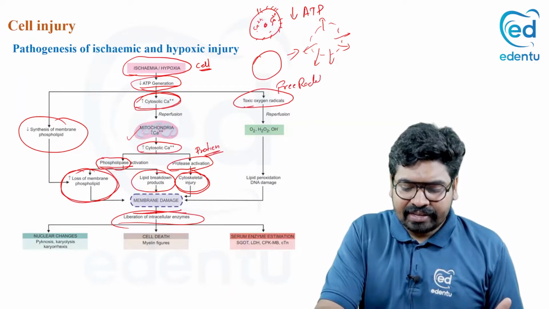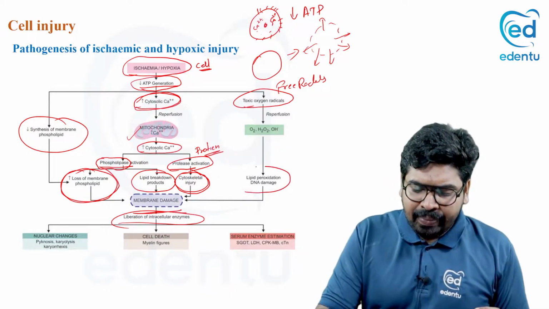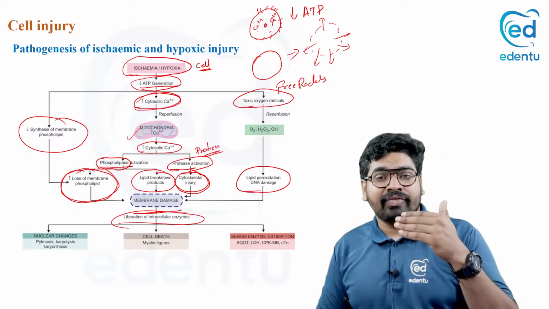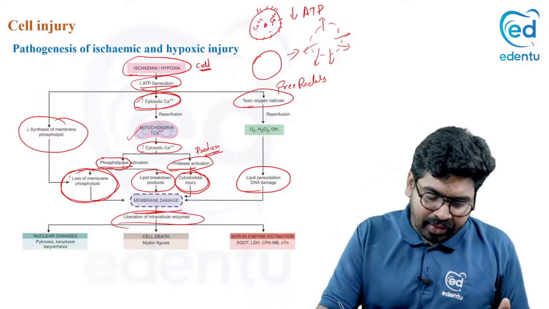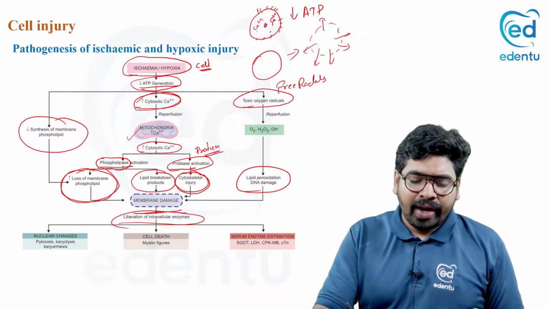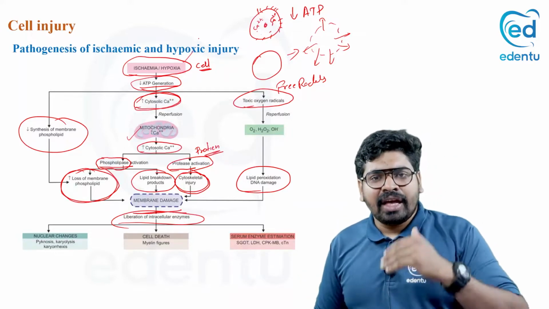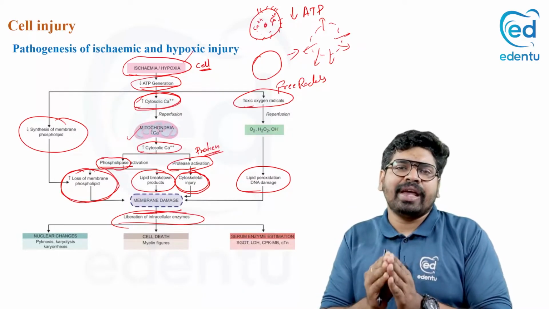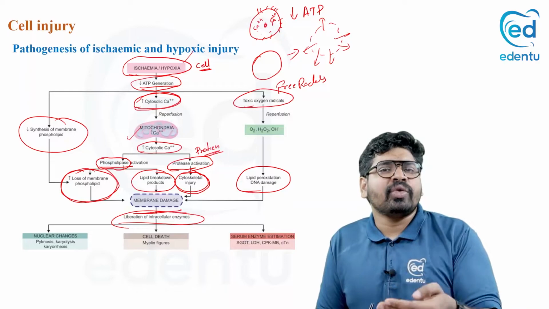The free radicals are very harmful because free radicals can cause lipid peroxidation and DNA damage. These free radicals can damage your DNA. All these together can damage the cell membrane. So what happens? As we told, there is ischemia and hypoxia. The ischemia and hypoxia is reducing the ATP in your cell. So ATP is reduced. There is no oxygen, there is no energy, no ATP.